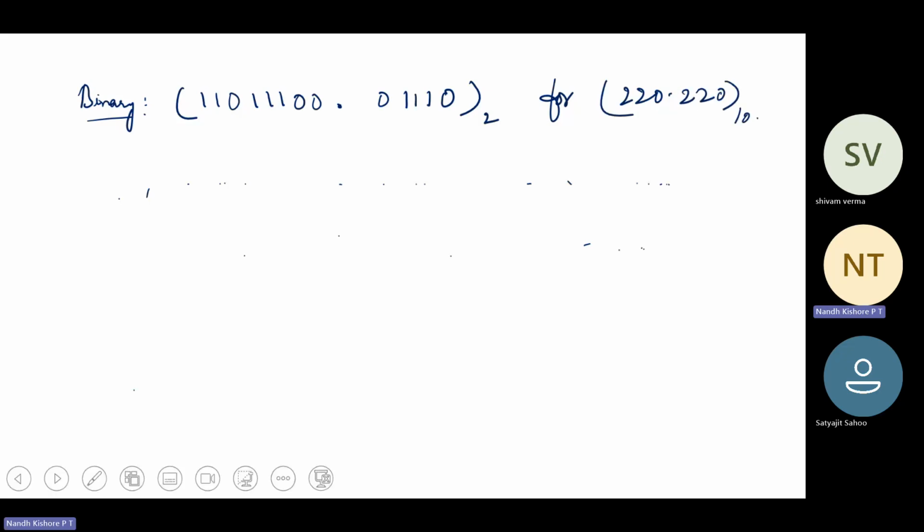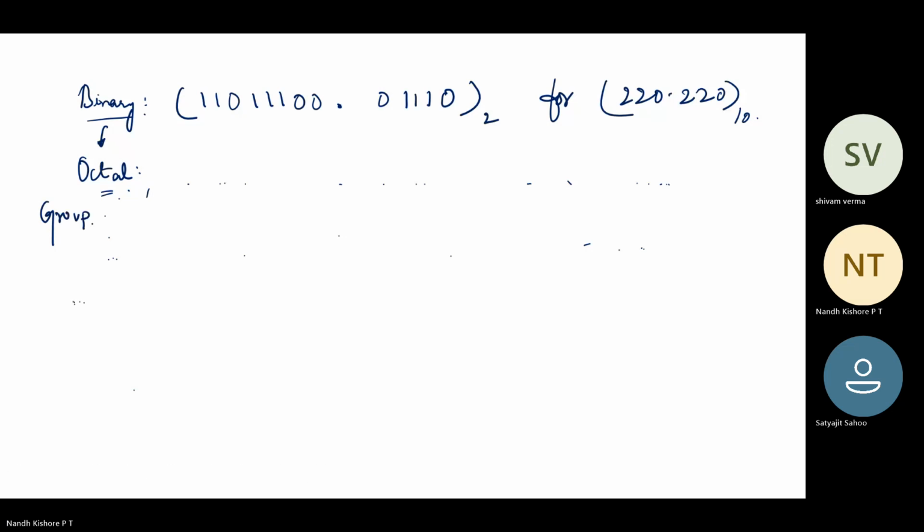Okay. Now what we can do is to convert it into octal, right? So convert binary to octal. Okay. To convert binary to octal, you group in sets of 3, which means that